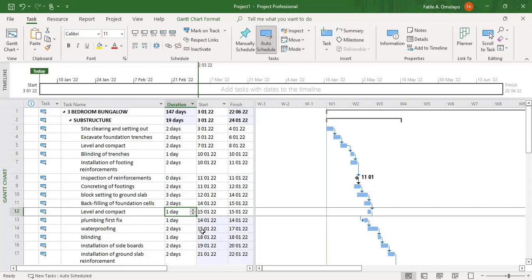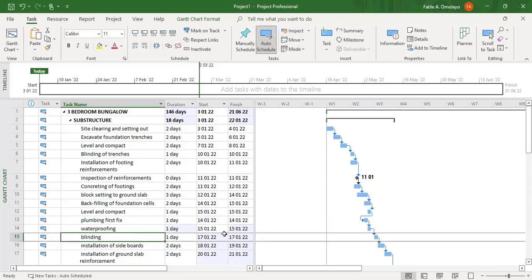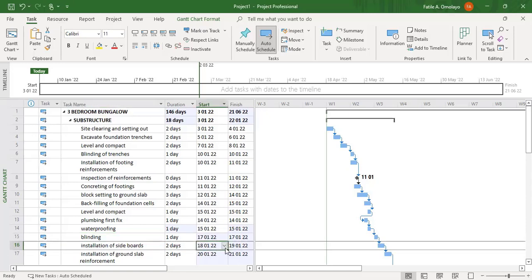15, backfilling, yes. Blinding will be done definitely after waterproofing. Waterproofing is just laying of nylon, so we achieve that in a day. All right, we blind also in a day. The day we waterproof, the next day is a Sunday, I guess. So on Monday we are back on site to blind. When we blind, the same day we want to lay our